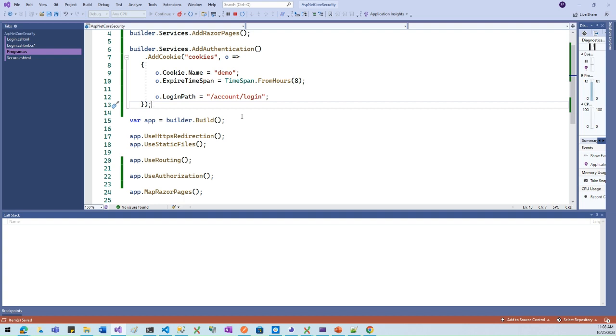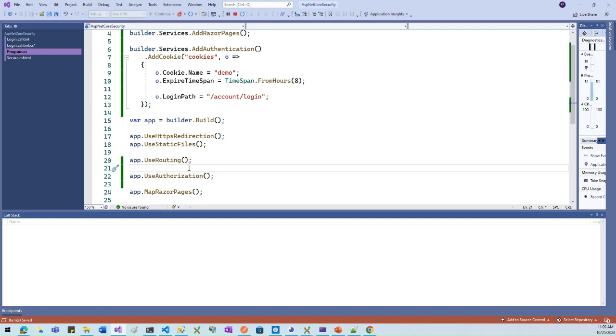For example, in this case, whether the user object is present or not. For this we need